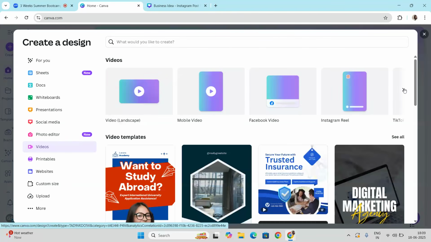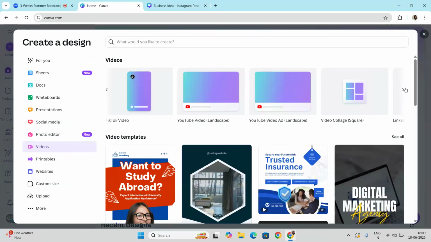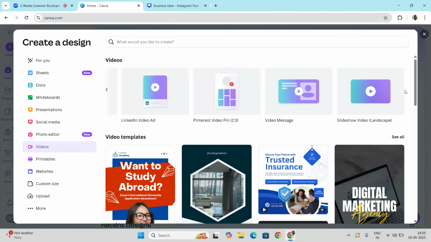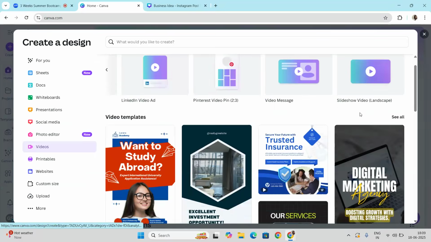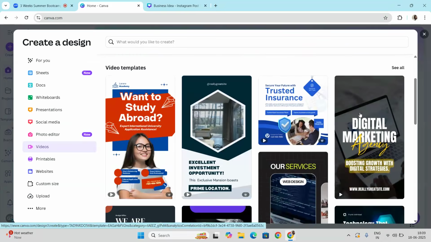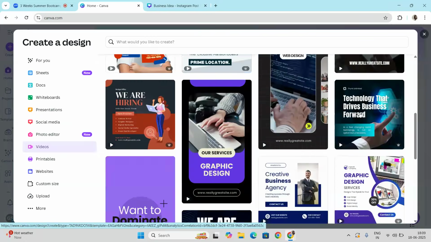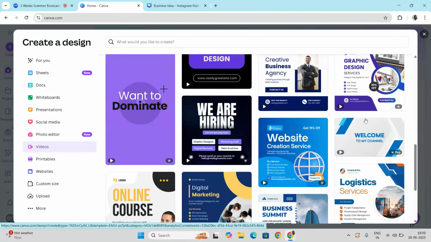Then we have Instagram reel, TikTok video, YouTube video, which is available in landscape format. Then we have video ads, video collage squares, and many more, such as LinkedIn video, video message, slideshow video, and if we scroll down again, you will be able to see a lot of templates related to this.